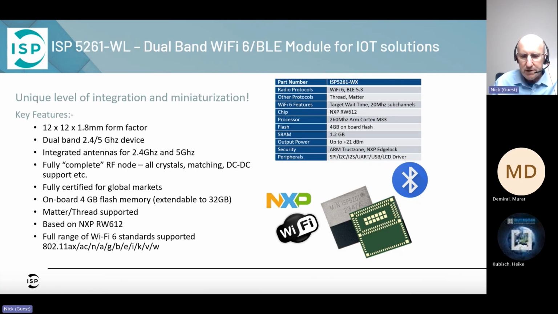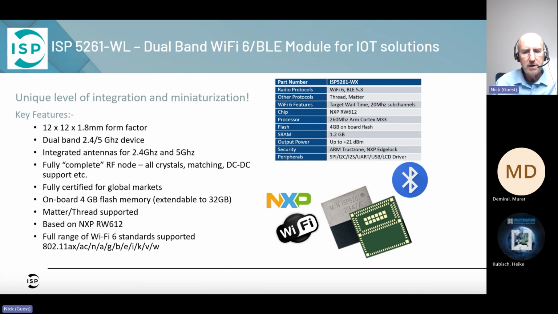It's got integrated antennas for both those bands. As I said, it's this model of what we call a fully complete RF node. Not all modules are, so it's got everything inside, all the crystals, the matching, decoupling. So basically, you put this on a board, you connect some power, and you have radio connections with Bluetooth